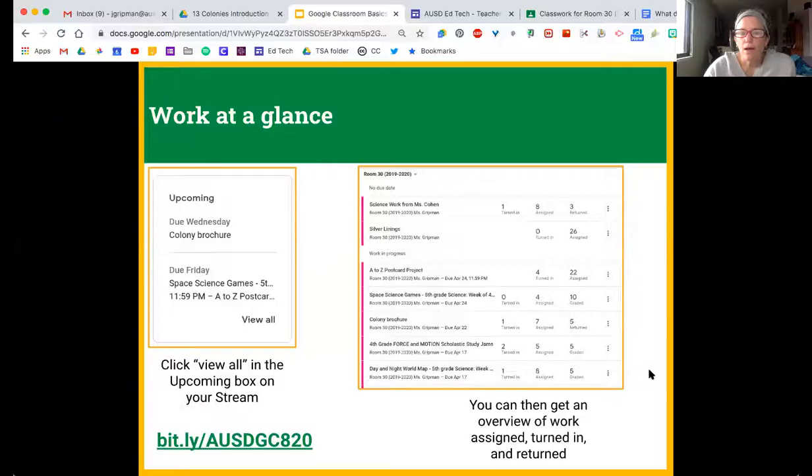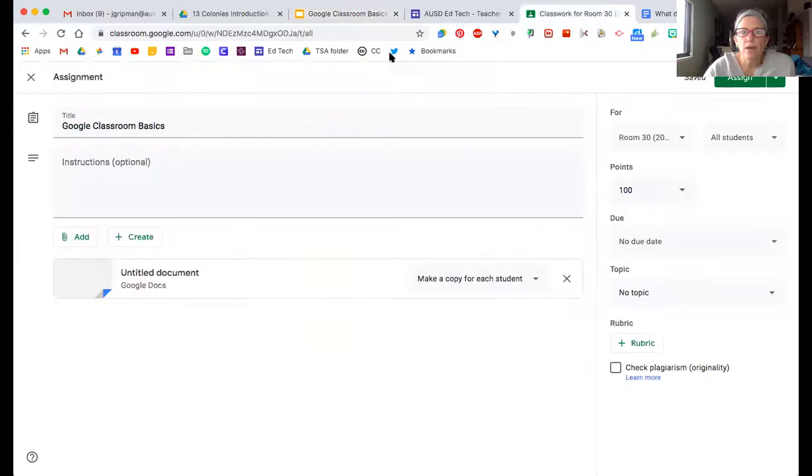Yeah, and I was reading an article, actually I think it was a Twitter post, somebody asked if you were talking to teachers and to give them one tip on Google Classroom, like your one tip, what would it be? And the things that came up most were give due dates and add topics. So I did want to show the topics if you don't mind really quickly. Because I did topics, when I go to my